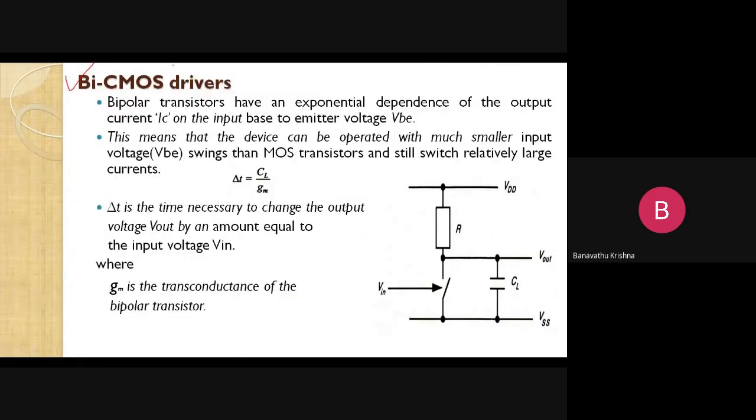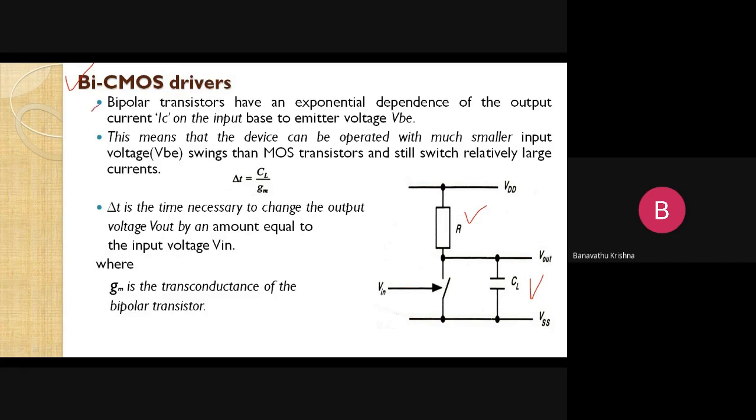The next case is BiCMOS inverters. So here the BiCMOS inverter, this is the circuit diagram. This is the resistive device and this is the MOS transistor. It is active here, it is an open circuit, right? Here we are making the connection as a load, a capacitive load here. Let us see the point here.